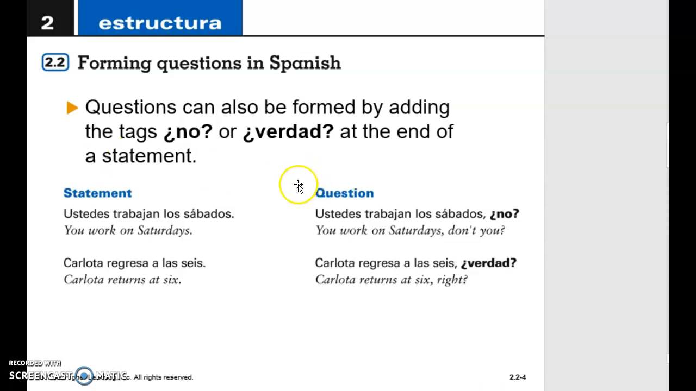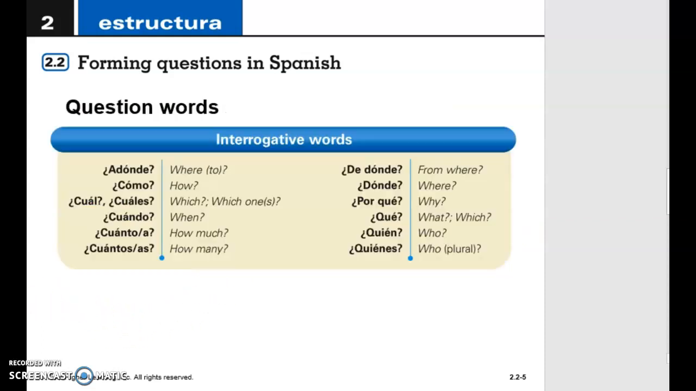At the end, we can also use a question tag that says something like, isn't it? Or are you? So we can use that as well by using something like, "¿Ustedes trabajan los sábados, no?" It's like, do you work on Saturdays, don't you? And finally, some question words like "a dónde," "cómo," "cuál," "cuáles." And as I'm going to leave this to you to study,